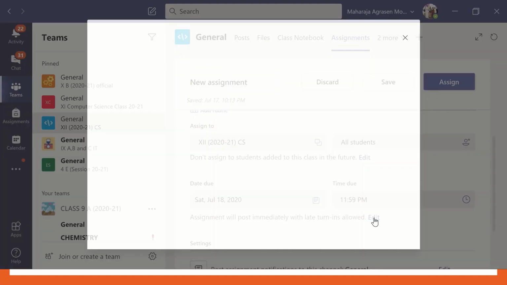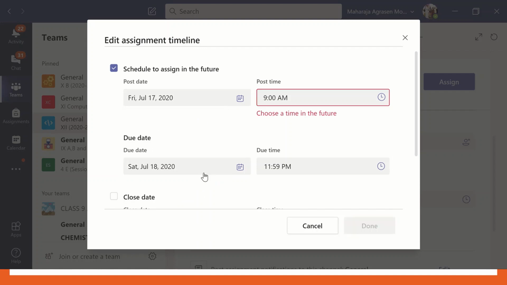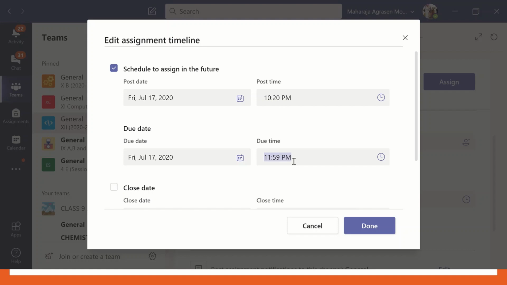Here comes the scheduling of the test. Click on the edit button. Schedule the test to assign in future. For example, right now I will select the time, say 10:20 p.m., and I want to finish this test say by 10:40 p.m. Close date.